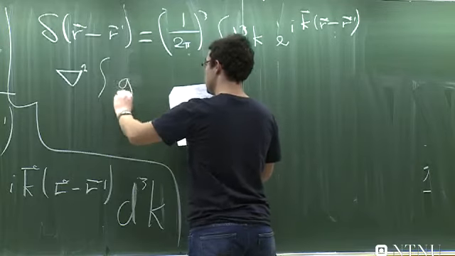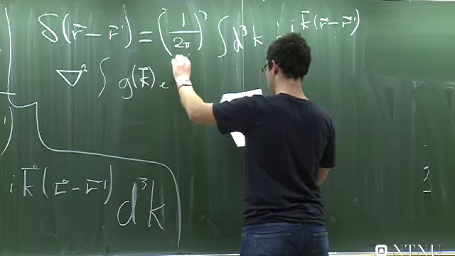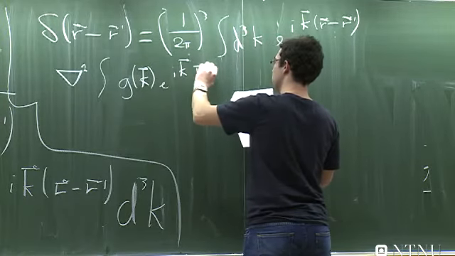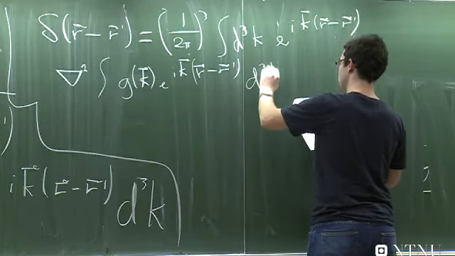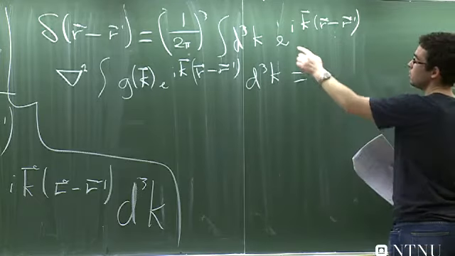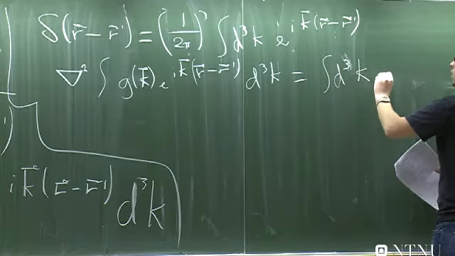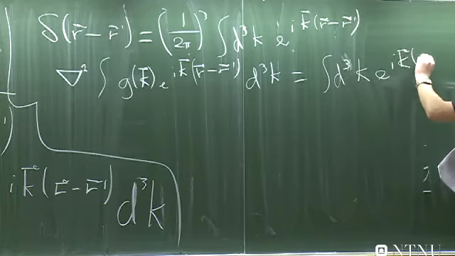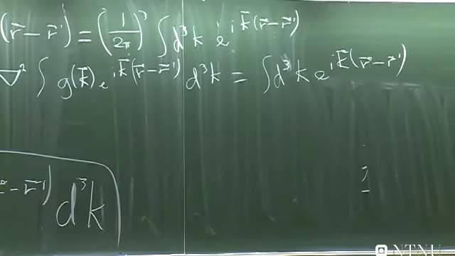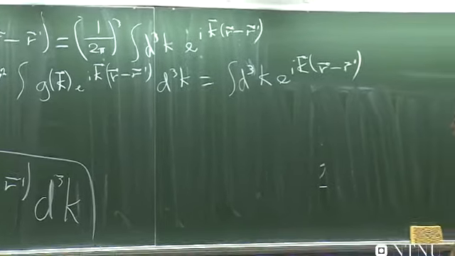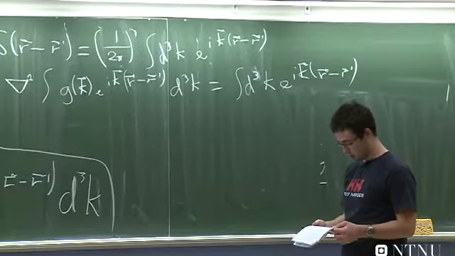So it turns into g of k e to I k r minus r prime d3k is equal to this integral e to I k r minus r prime, like that. Okay, now this looks a bit terrifying at first, but we realize that we can just move this on the left hand side, and